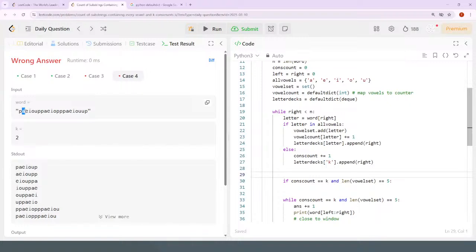But no, if you remove the first vowel, that should still work because there could be other vowels after that. So for instance, let's say you had this whole thing. You can remove up to this P,